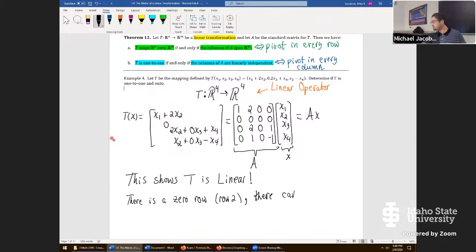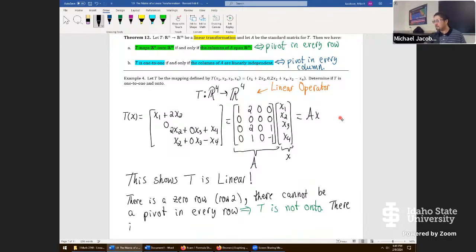there cannot be a pivot in every row. This automatically implies T is not onto. The moment we lost a pivot in every row, we lost onto on this transformation. It's doing something else. Then we can now say there is also, let me just move this over here for a moment,